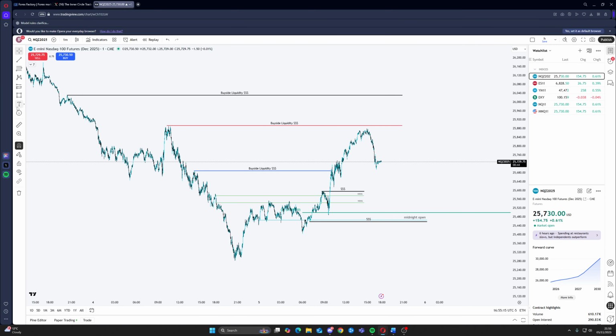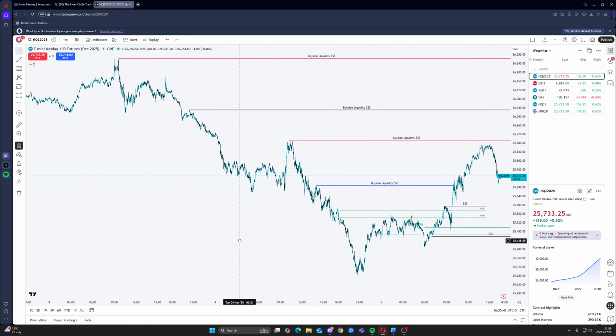Okay, so manipulation will always go into a higher time frame PD array. That's always the manipulation. If I can't find it on NQ, I need to find it on ES, right? And then based on what liquidity is left, if it's London, Asia, how did we move, and so on, then all the other concepts of understanding how the market moves align with it, right? So